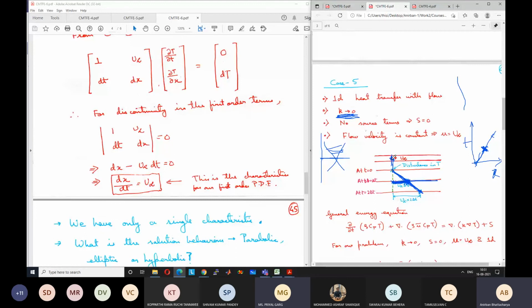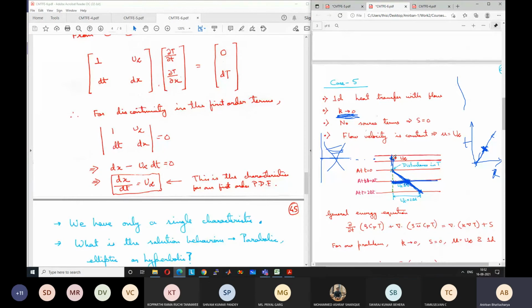Your answer is correct. Sir, the area will be 0. Area will be 0, so only a single point can influence this point. Yes. And what is the location of the single point? If the time beforehand is t, this point is u infinity into t backward. So any perturbation given 1 second back has to be at a distance of u infinity into 1 second to influence this point. Any perturbation given 2 seconds back has to be at a distance of u infinity into 2 seconds. A perturbation at any other point at 2 seconds will not influence this point.